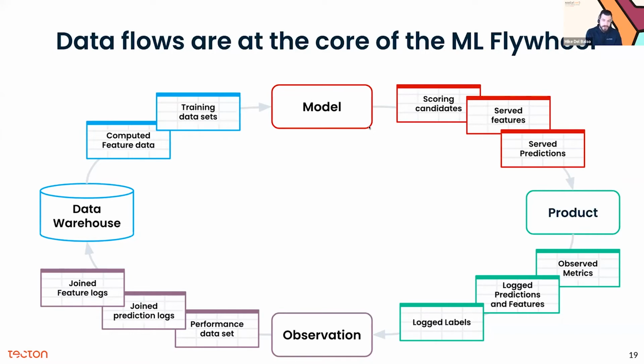we need. We could be scoring multiple candidates or generating a variety of candidates, extracting features for all of them, scoring them and turning them into predictions. So there's a lot of data sets that need to be managed throughout the flywheel. And so this is pretty tricky to do. How do we do that?